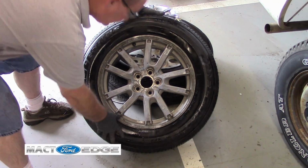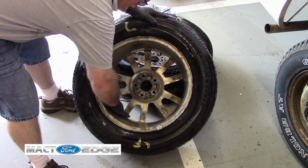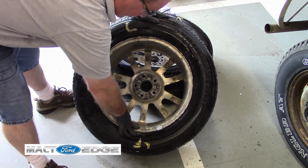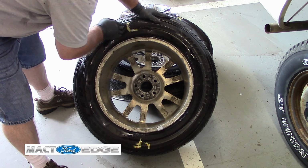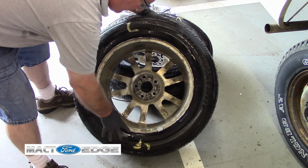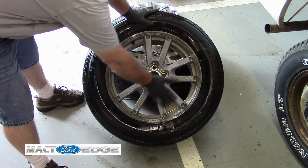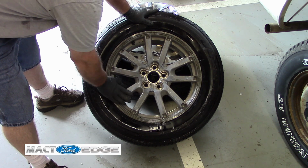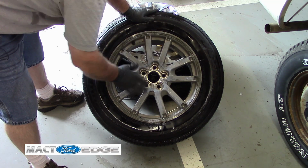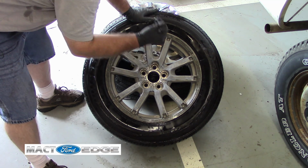Now, as you can see, this wheel here has the inside wheel weights that I have down here. It's 2 ounces of flat weight on the inside of the rim and a half ounce there. So that's 2½ ounces on this left tire. A lot of corrosion and stuff going on. I cleaned it out, power washed all the gunk off of it. And then I just have to blow these dry, and then I'm going to wire wheel all this rubber and everything else off of here, clean the corrosion on the rims, and then basically I'm getting them prepared for when